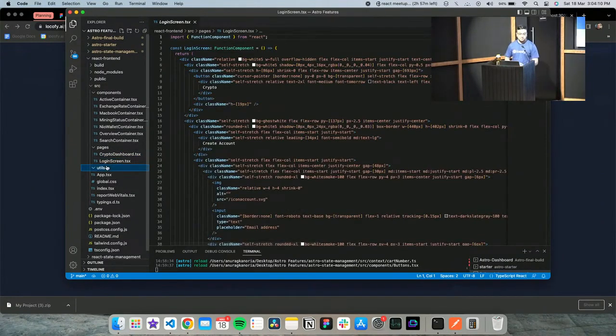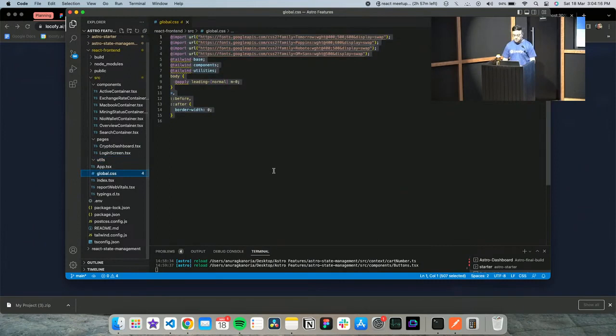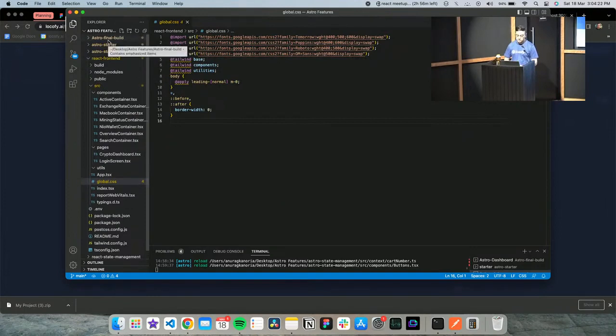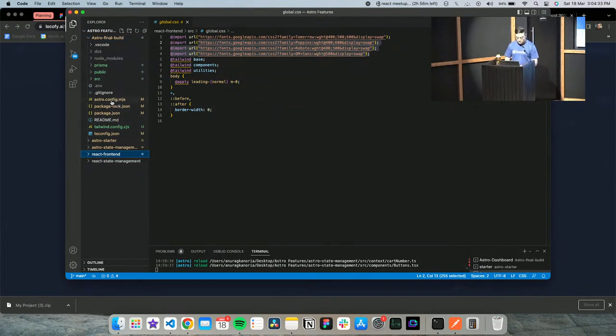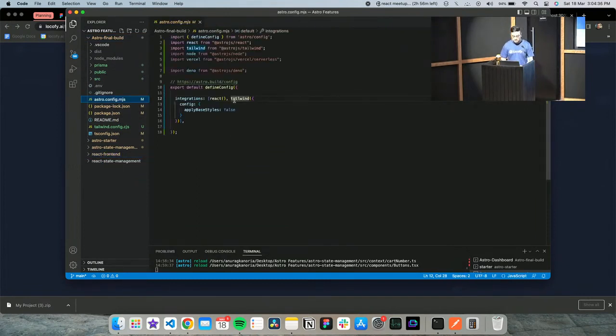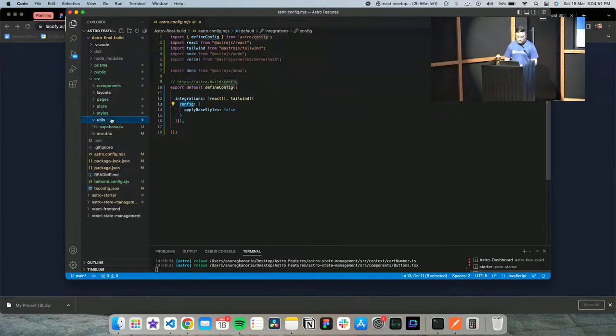So how do we move this into an Astro app? The first thing we need to do is move the global CSS file from our React frontend into Astro, so that all our settings and font imports are correctly applied. On the Astro side, I've already created this configuration for you guys. In the Astro config, you can pass custom objects into integrations. For our Kelvin integration, I have passed a config object and set applyBaseStyles to false. What it means is that now I have to create my own